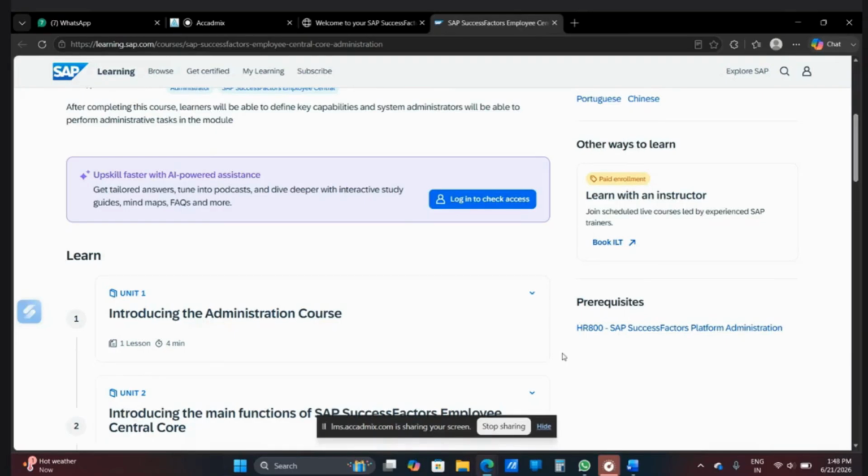The feature is not available where you can live perform these, or you can see it on a real-time basis, because that feature is not there. Uske liye subscription lena padta hai, which is very expensive. So this is a free course which will help you to get an understanding of how SAP works, and behind the scenes how it is configured, how the objects really interact with each other, and how the actions are being performed. So you will get a basic understanding of SAP SuccessFactors from here.